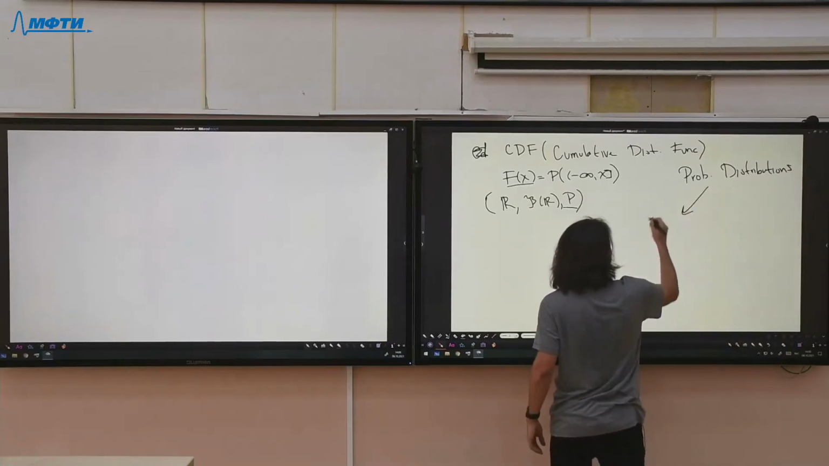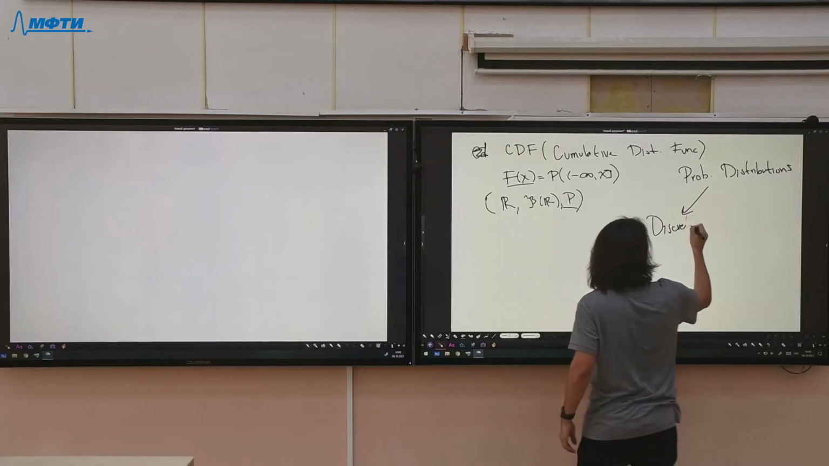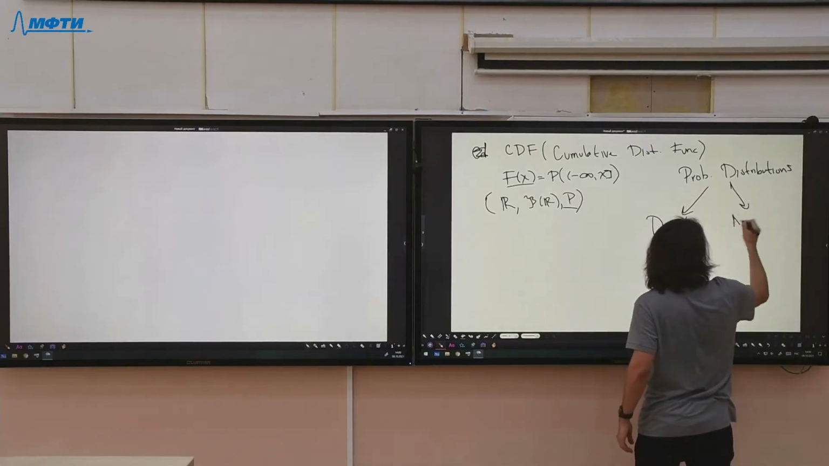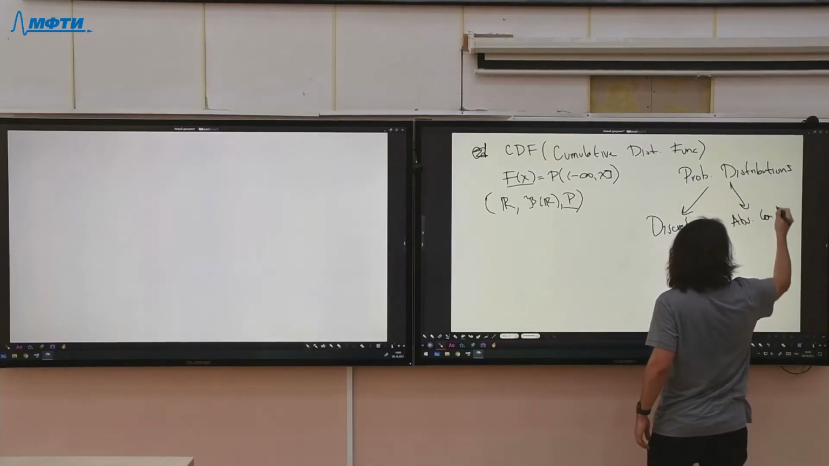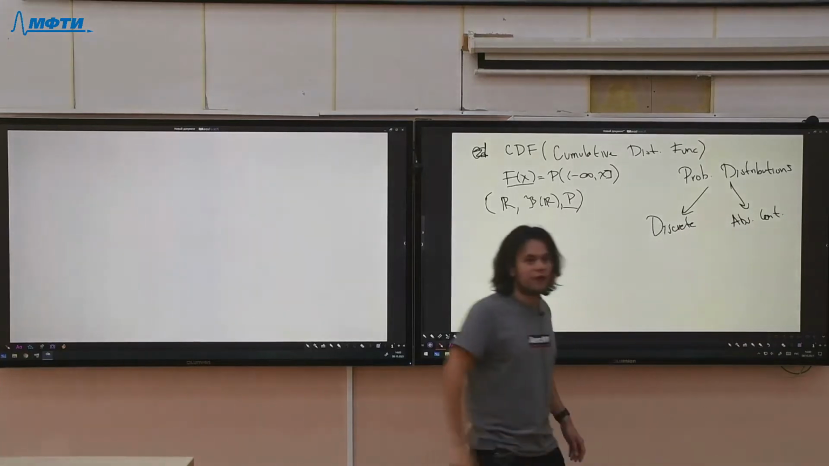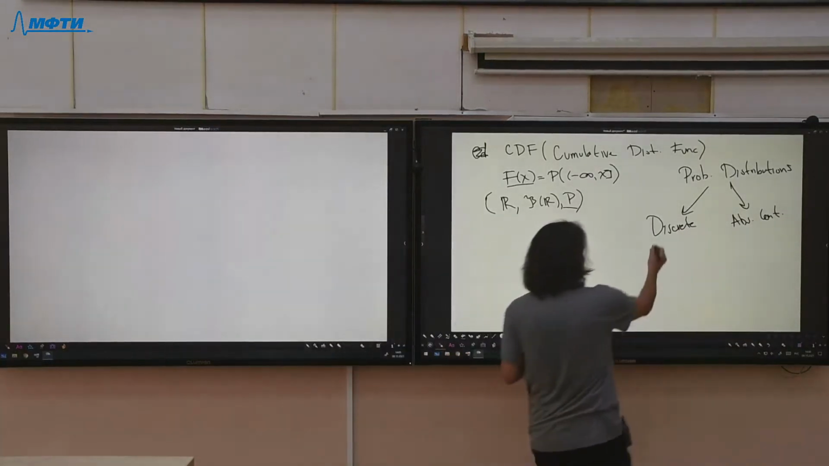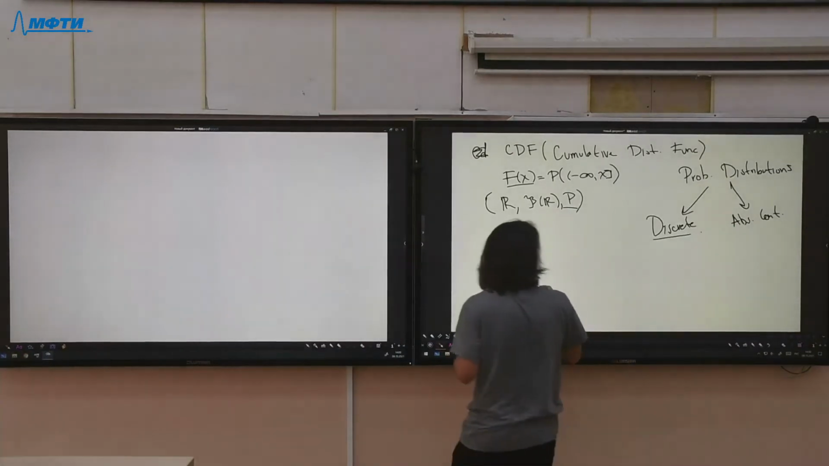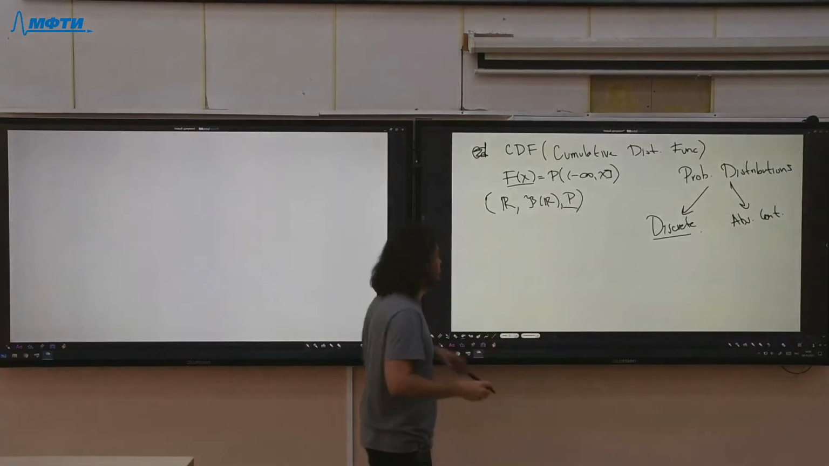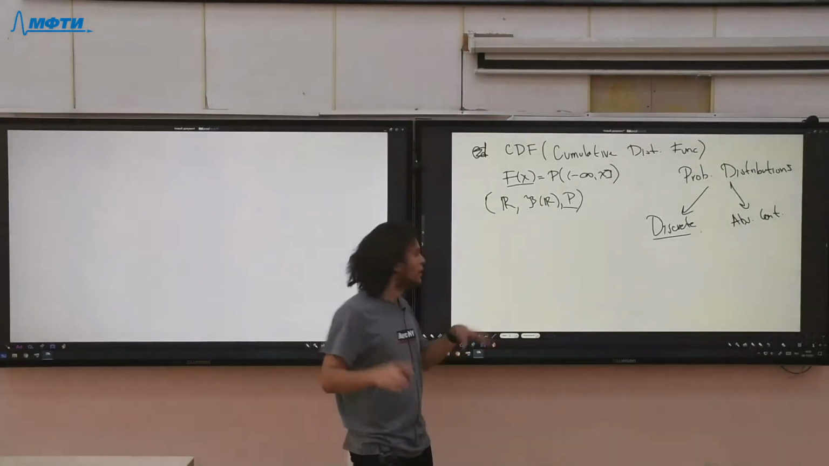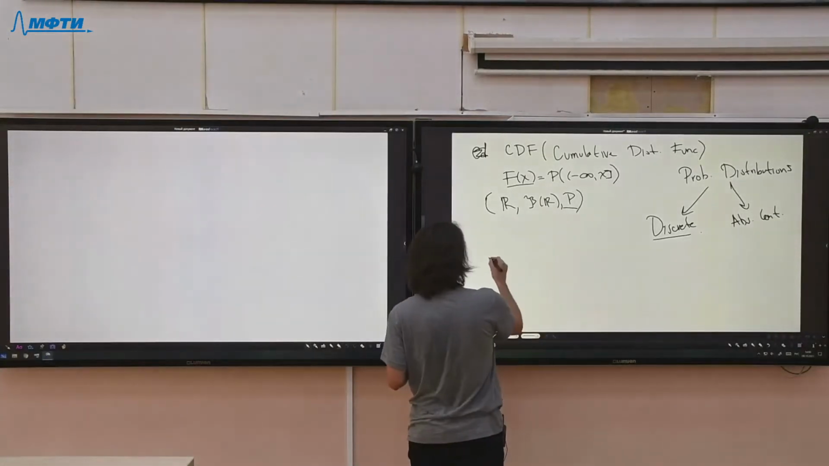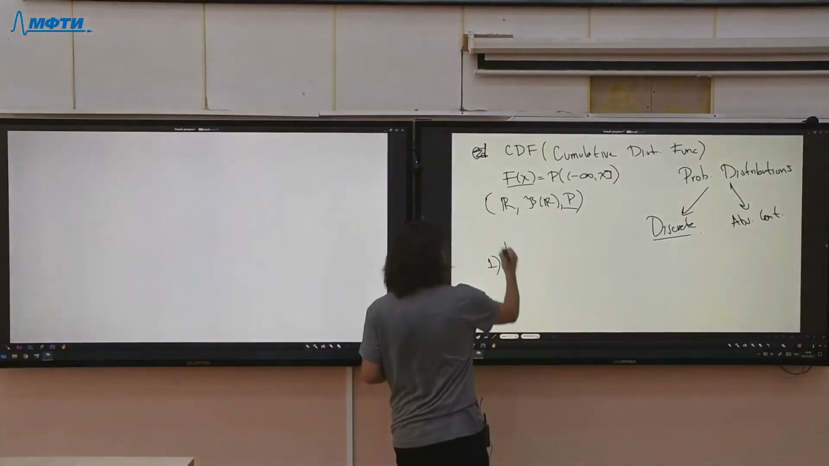We know that if we have probability distributions, we have discrete and absolutely continuous, right? And we have singular, but we are not going to study singular right now, just discrete and absolutely continuous. And we started with the discrete probability distributions, right? We already know all of this, but let me remind you. So the first case, when we have the discrete case,